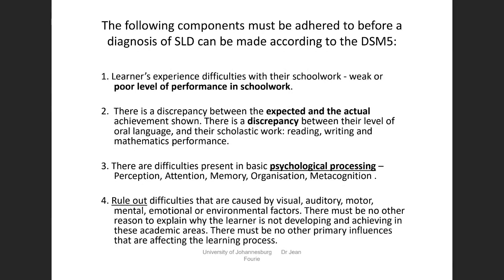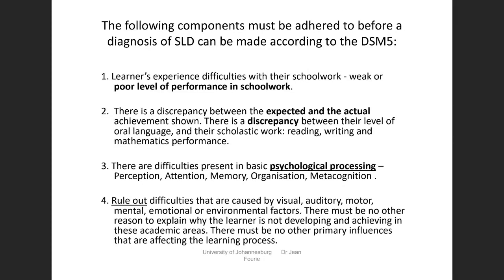And then the fourth crucial one is that we need to rule out any difficulties caused by various other things. So if the child has some visual impairment, if they have some problem with their hearing, or any motor disorder, difficulties with movement, with coordination, if there's any other emotional or mental difficulties, so if there's severe depression or serious anxiety or schizophrenia or any of the other emotional difficulties, severe school phobia, for instance,